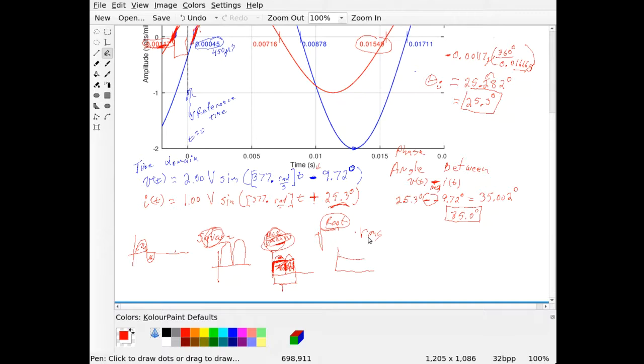Root mean square gives us the RMS value. So RMS comes from the fact that we've squared it, we've averaged it, and then we took the square root to get back to that value. And the RMS turns out to be equivalent